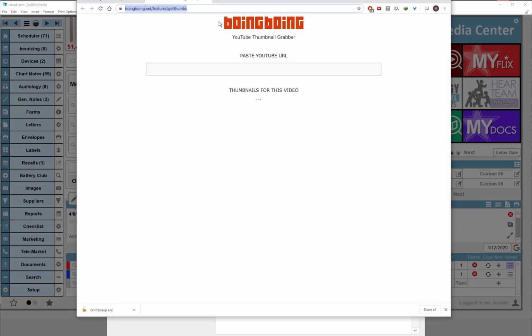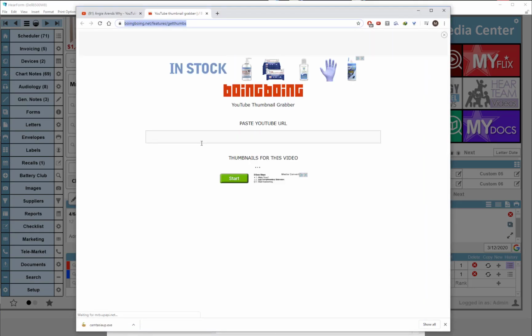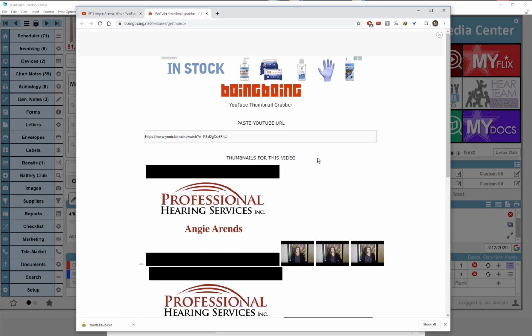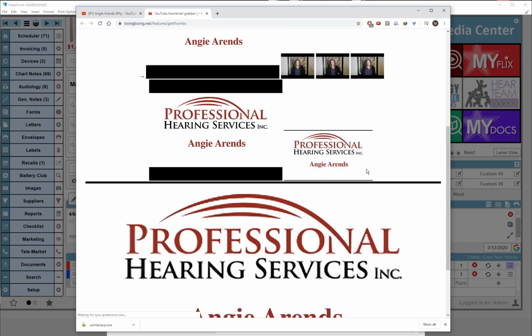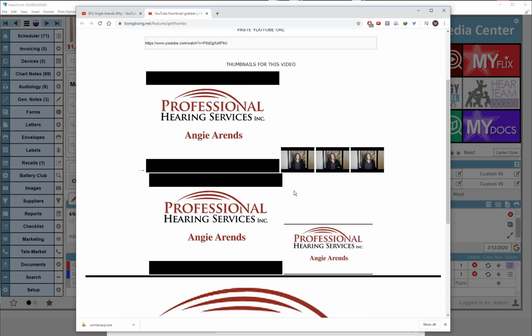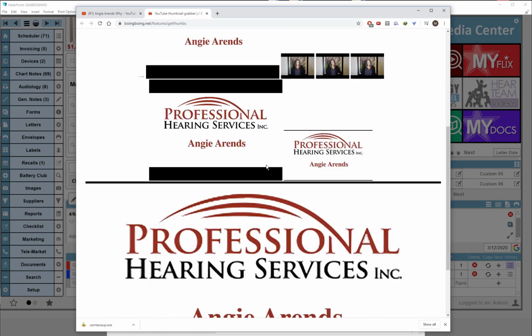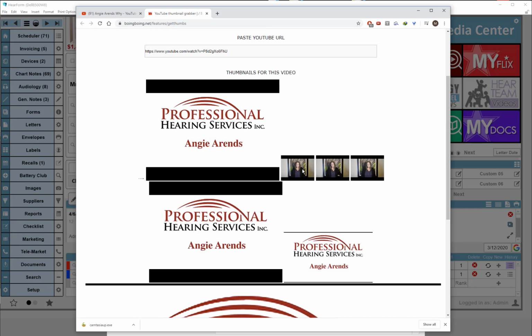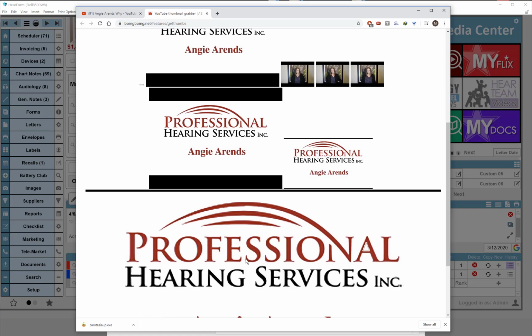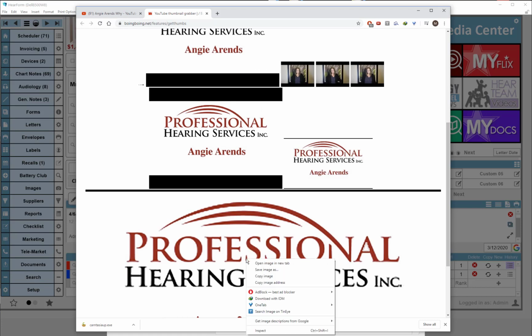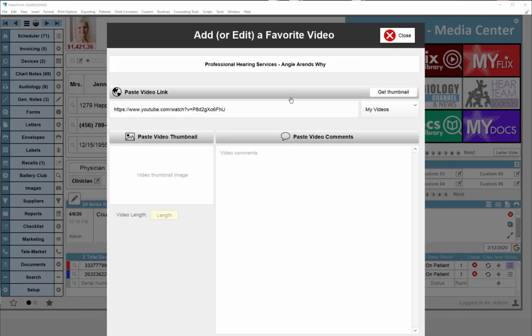But when I do that, it takes me to a website here where I can simply paste in, and then it automatically brings up a few choices here. Well, I could use this one with the black bars there, but I kind of like the bottom one. I also like the image here, but when I tried those, they're a little bit small and therefore blurry, not high resolution. So I think I'm going to go with right here, this large one, and I'll just right-click and copy the image, and then come back and click the Paste Video Thumbnail button, and it pastes that right there